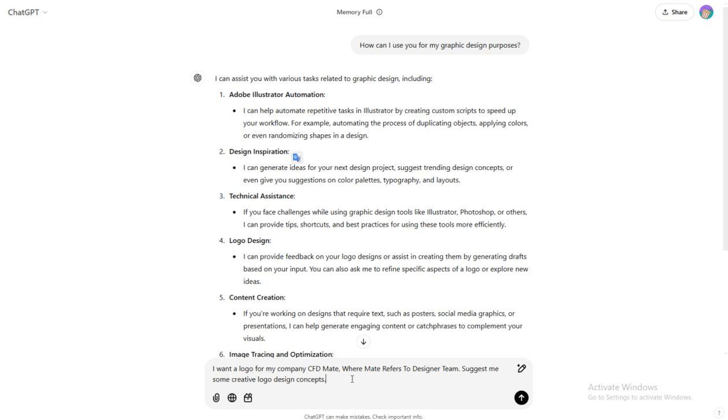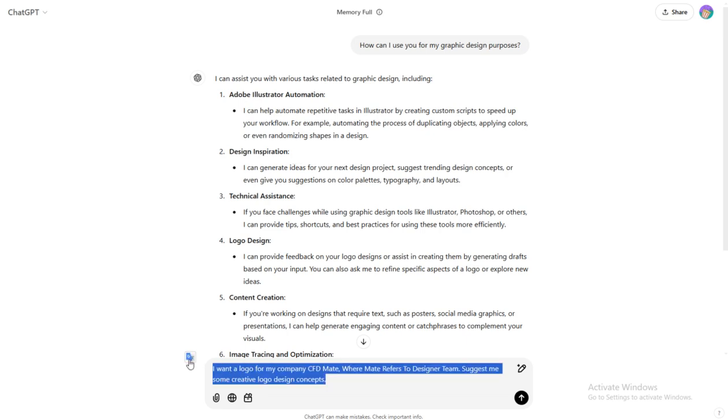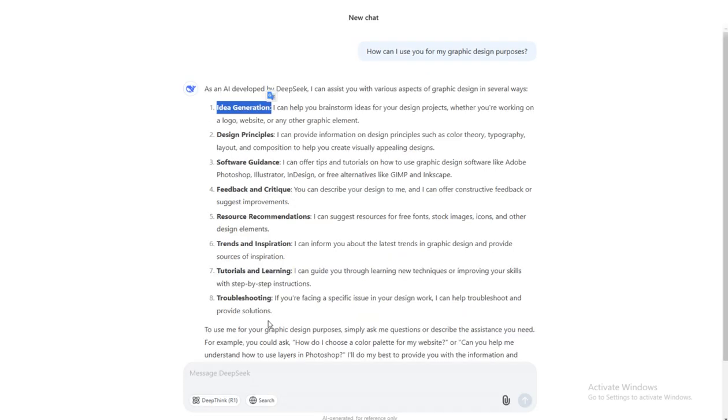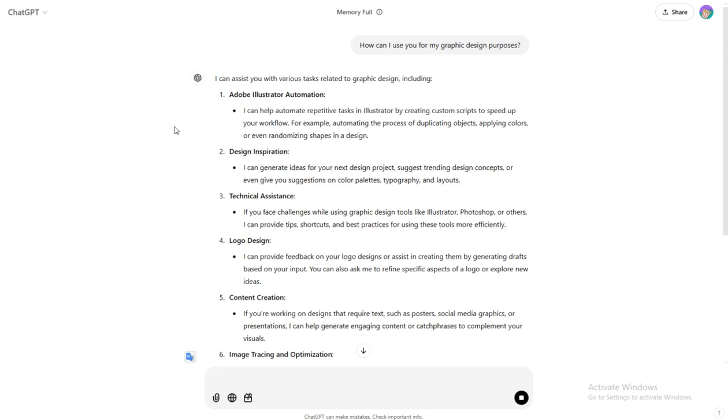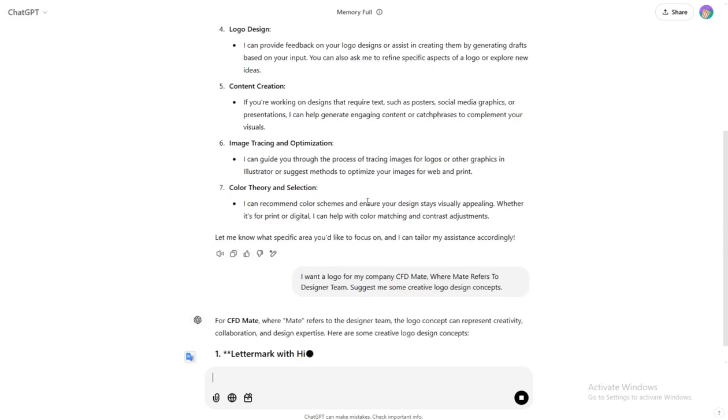So I have done this, and now I will copy this, Control C, and paste it here, Control V. I will enter here and also here. So we'll compare both of them.